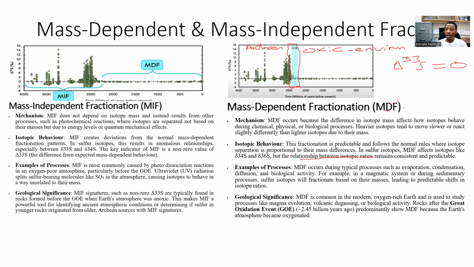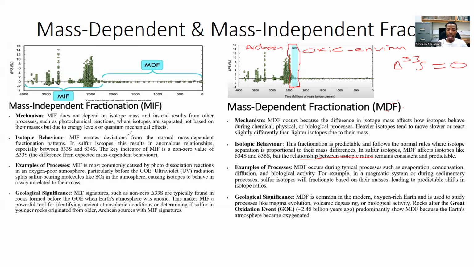Remember, during the Great Oxidation Event, that's where we had the rise in oxygen level due to the presence of cyanobacteria. So now it gives the upper atmosphere a high level of oxygen. Because the modern Earth has got oxygen in it, now this presence of oxygen was very crucial in the sense that